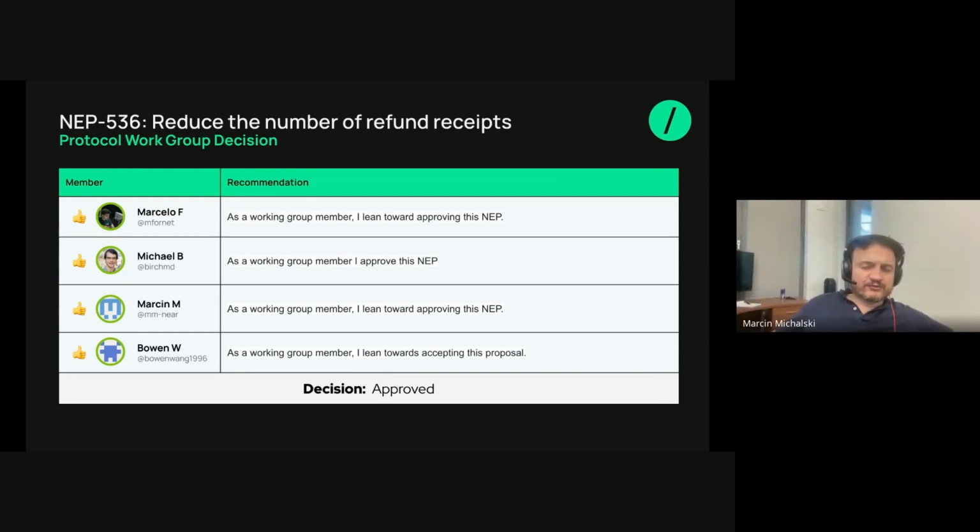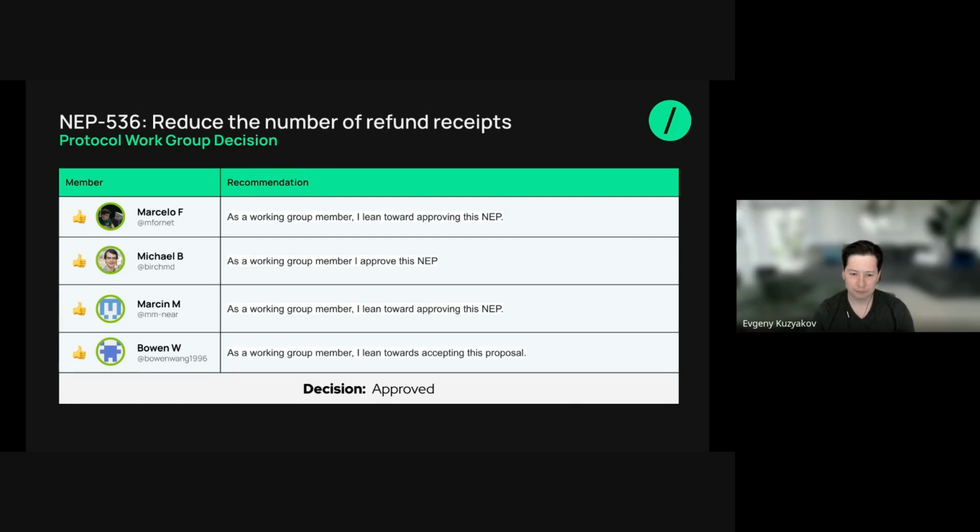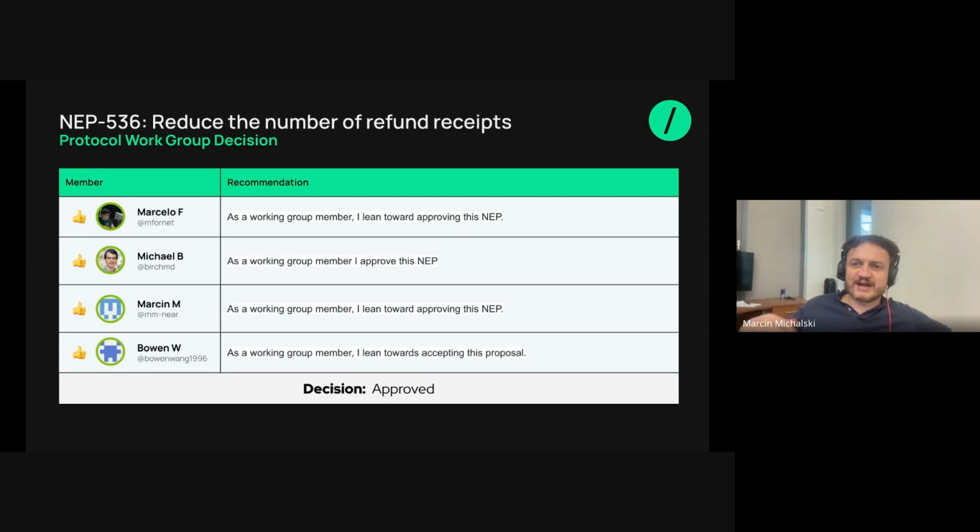Sure, but we have to show it on Explorer very, very clearly. Because the fact that this appeared from this field and not from this field doesn't tell you much. It should be like a clear indication of like, hey, you're probably including too much gas, etc. So as I said, there is some work required on the Explorer side here.